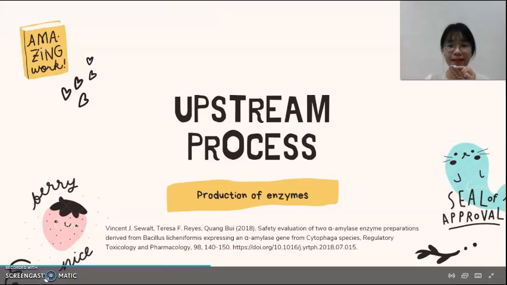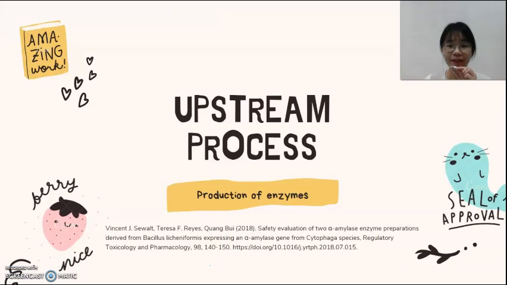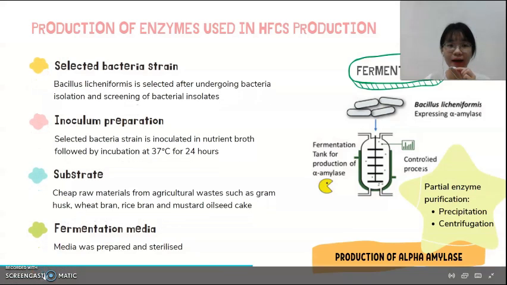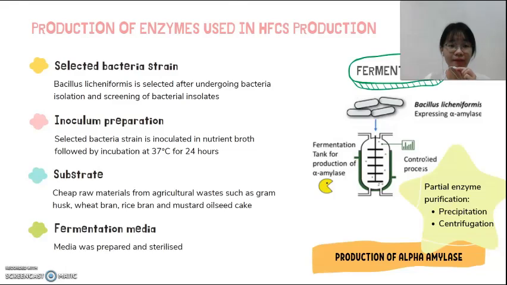The upstream process that is involved in the HFCS production is fermentation process to produce enzymes that should be used in the HFCS production, such as alpha amylase, glucoamylase, and glucose isomerase. Before the fermentation, we need to select the bacterial strain. Bacillus thuringiensis is selected after undergoing the bacterial isolation, and later the selected bacterial strain is inoculated in neutral broth